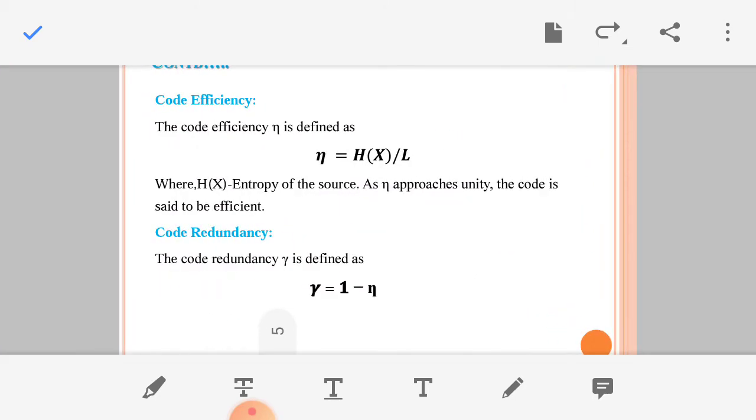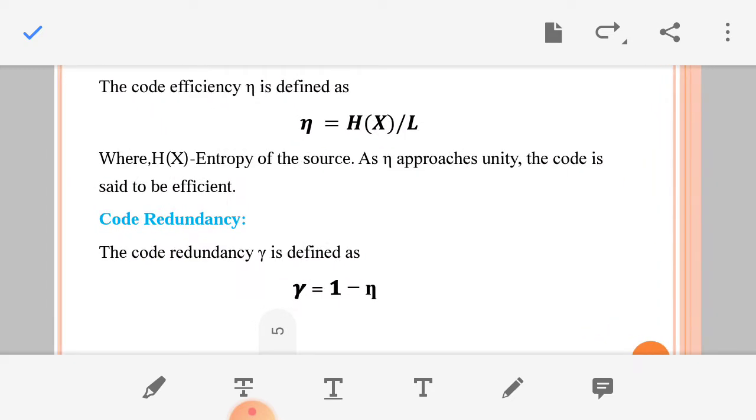The code efficiency is defined as eta equals H(X) divided by L, where H(X) is the entropy of the source. When eta approaches unity, the code is said to be efficient. Code redundancy, gamma, equals 1 minus code efficiency.